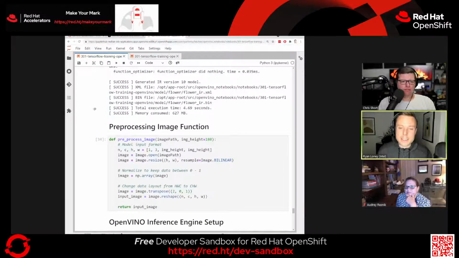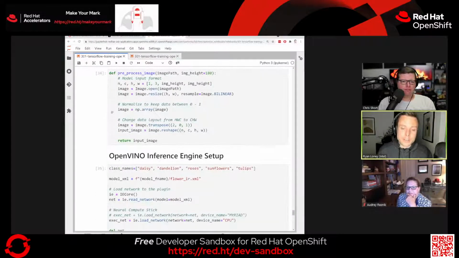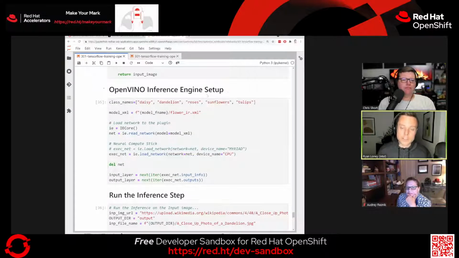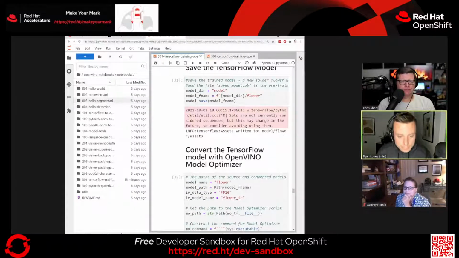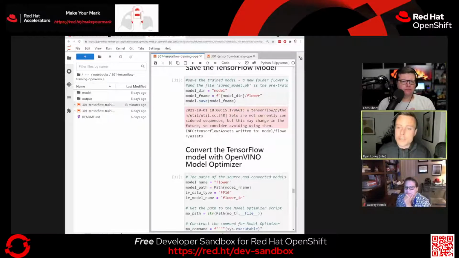The next step that we're going to do is to actually use OpenVINO's inference engine to do the inference. So again, we're going to set these 5 classes. We're going to load the OpenVINO optimized version of the model, which you'll actually be able to see. Let me go back to this is the directory that has these 2 notebooks. And we're in the